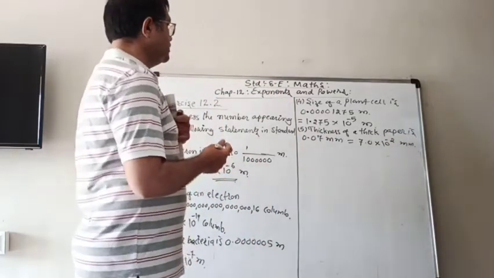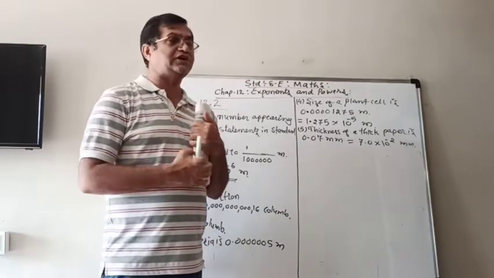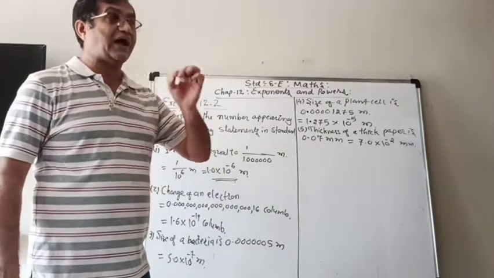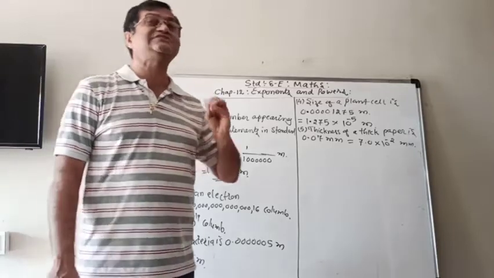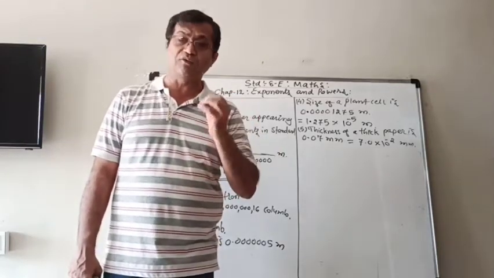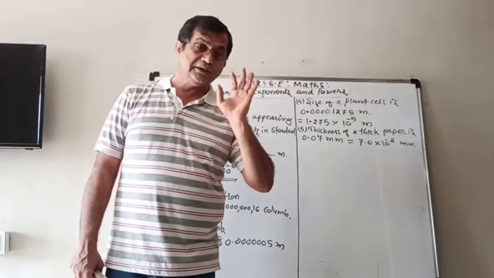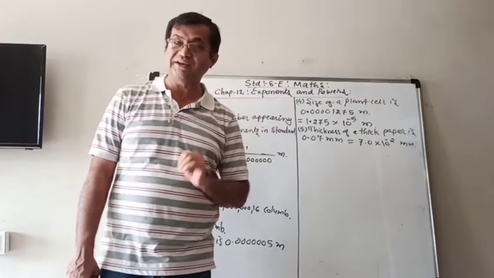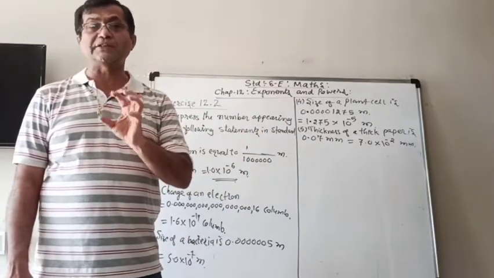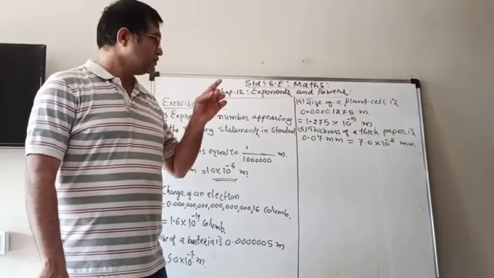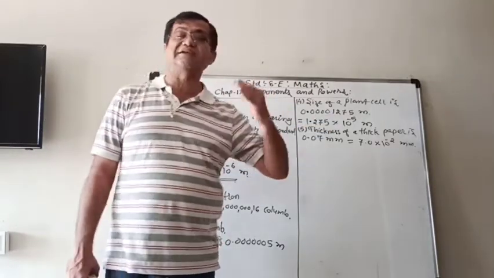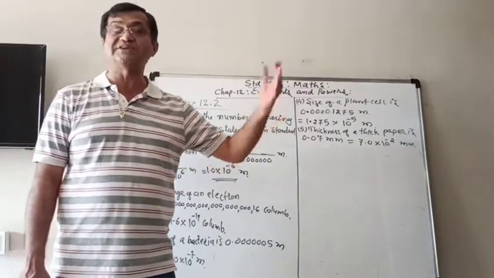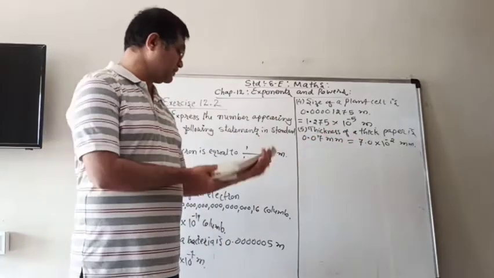Now the simple thing, as I already explained to you in the previous sessions also, is that when you write down a number in the standard form or the scientific form, we need it as a product of a number between 1 and 10 and a power of 10. And so we have to move the decimal point to the place after the first non-zero digit. So by this way we can do.